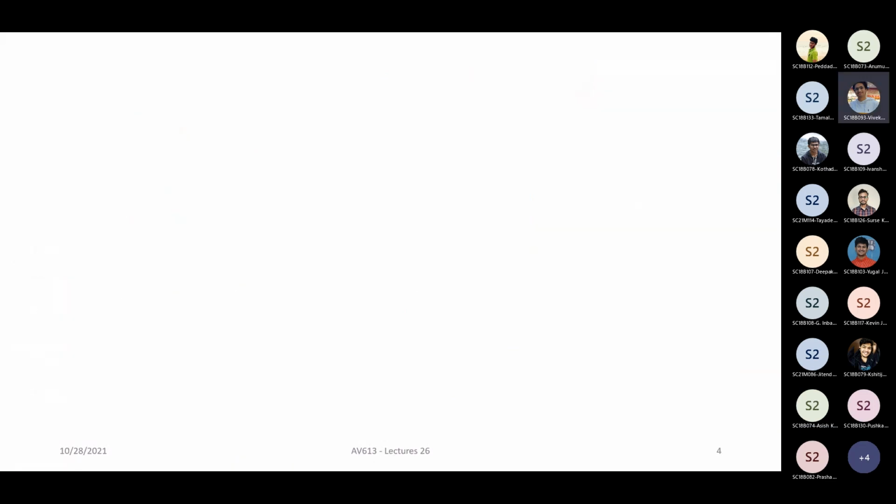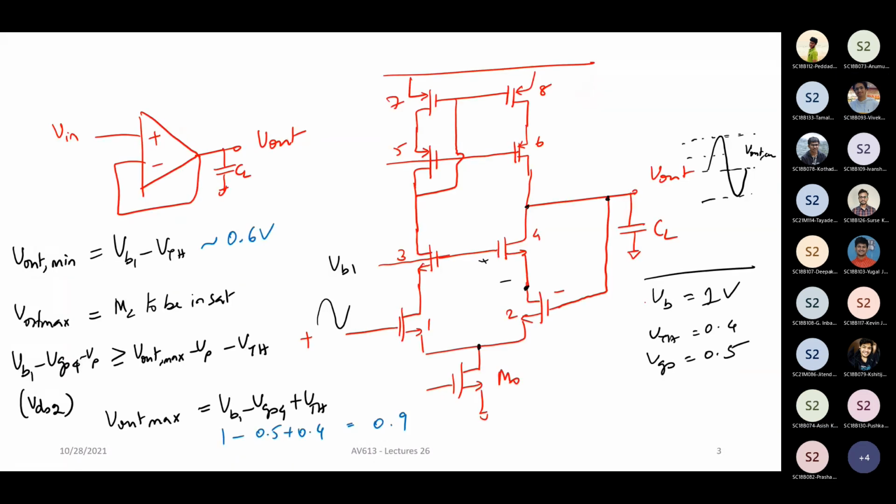So this VGS1 is for M2, right? Okay, I'm just giving some very rough calculation. For this rough calculation, let's say all the VGSs are the same. Okay, sir. That's the assumption here. I'm not doing a very exact calculation. I'm just throwing some numbers to get a feel of how the numbers are going to look. Sir, and what is VP, sir? VP in the third line. One. Okay, sir.